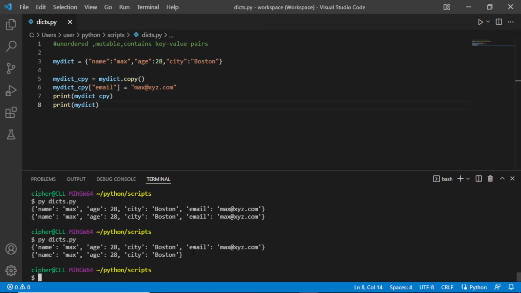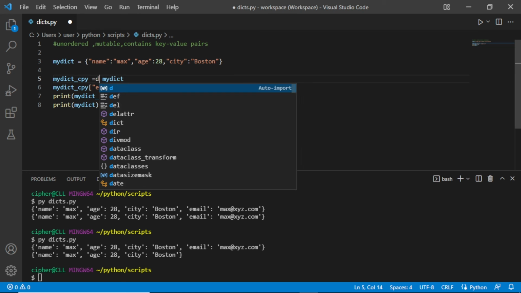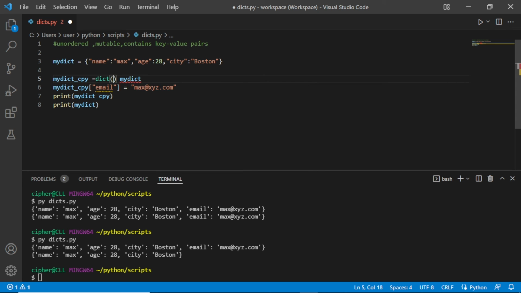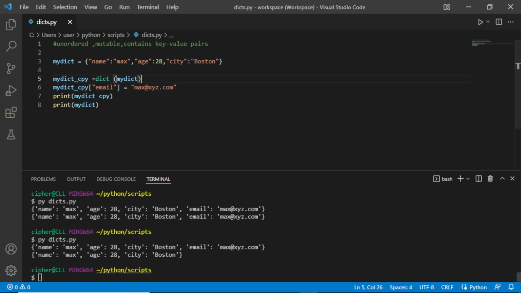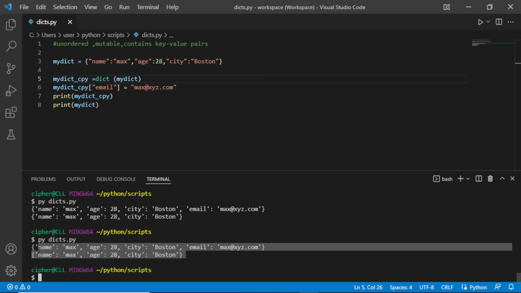Also, you may decide to use the dict function, I mean the built-in dictionary function. So for example, here instead of using copy, you may decide to use dict like this and put this in, yes, like this. So if you save this, we also have the same results. Okay,